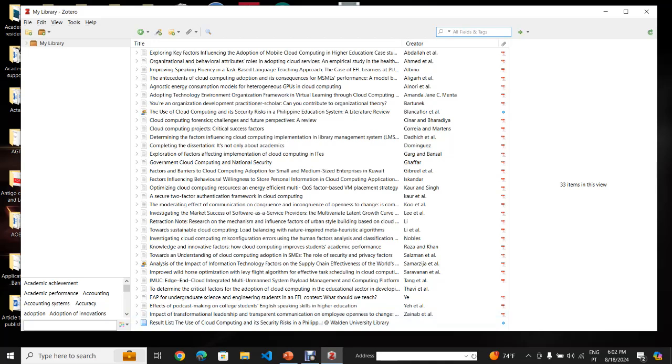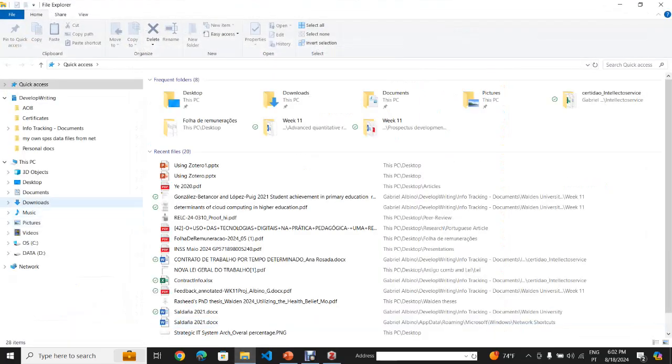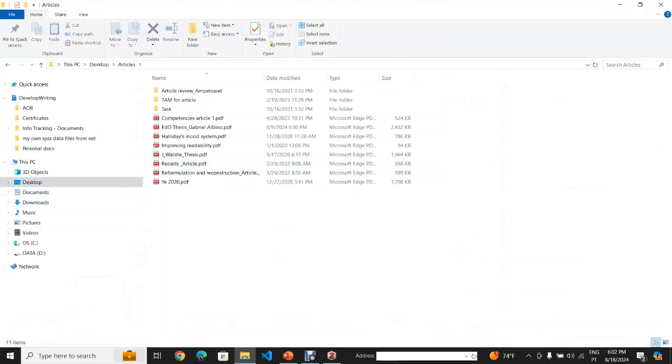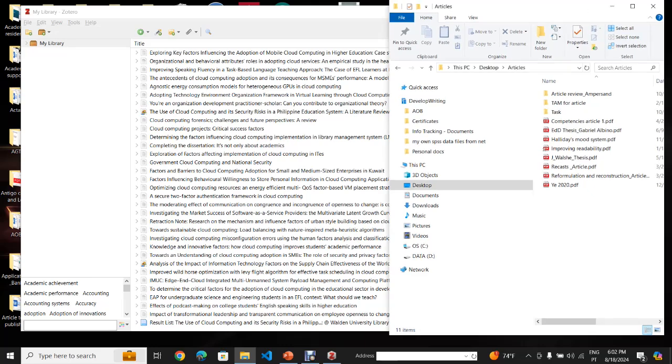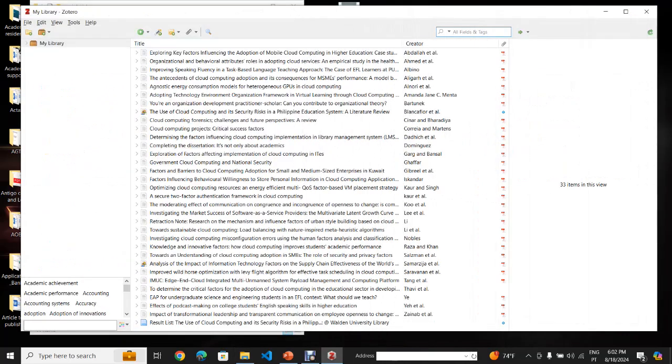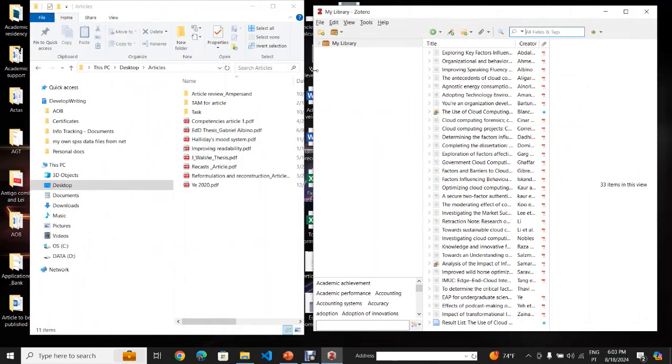The first option is when you have your references somewhere on your desktop. For example, I have some references on my desktop here, in the folder Articles, and to bring them to Zotero,